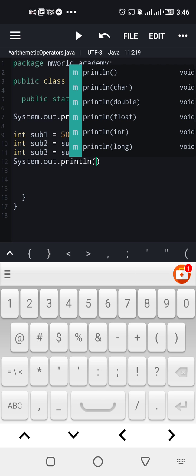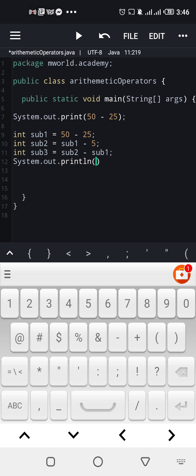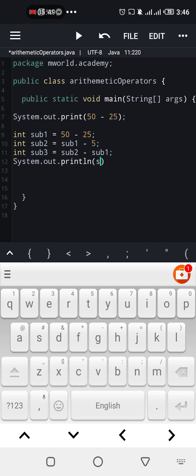Please make sure your output statement begins with a capital S. When you want to print the value in a variable, you write the name of the variable in the print line statement. So I'm going to write the name of the variable here, which is sub1,